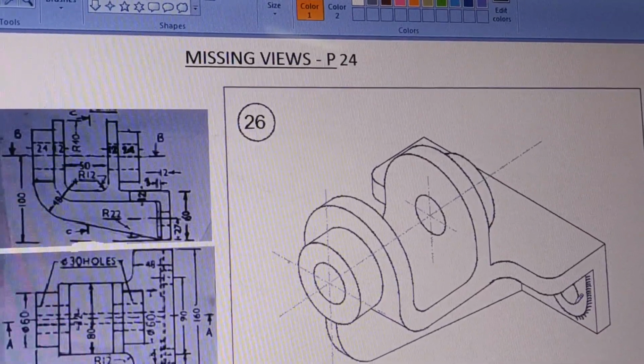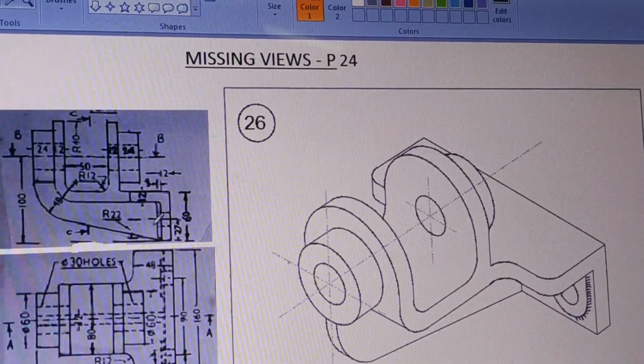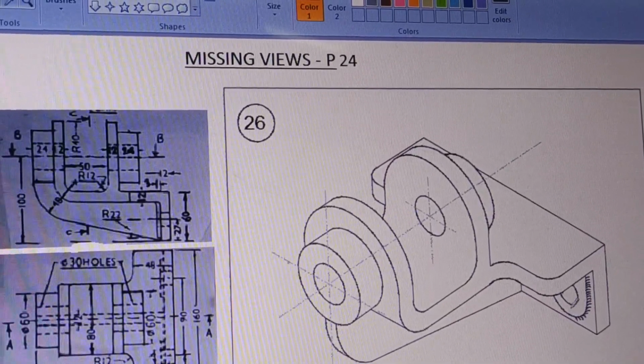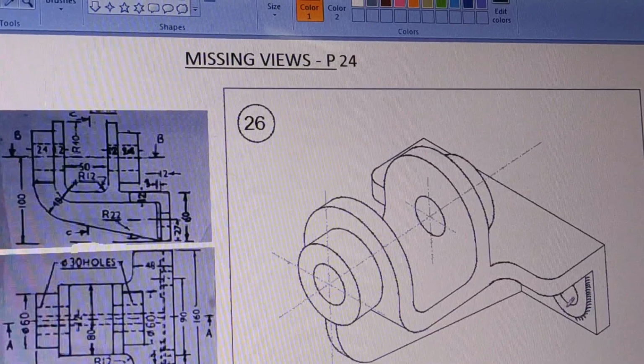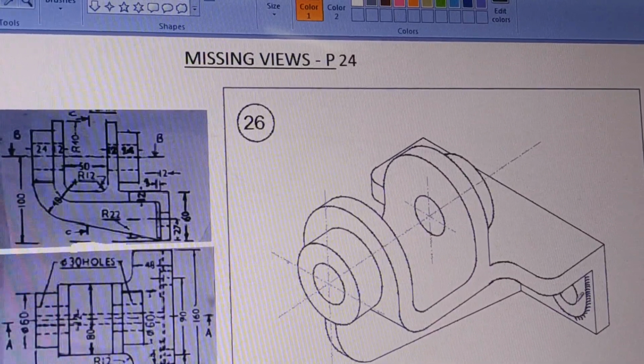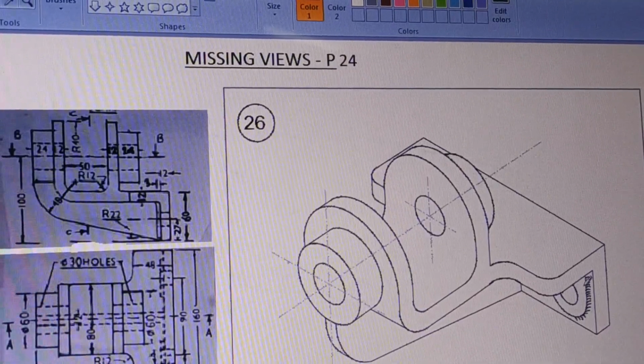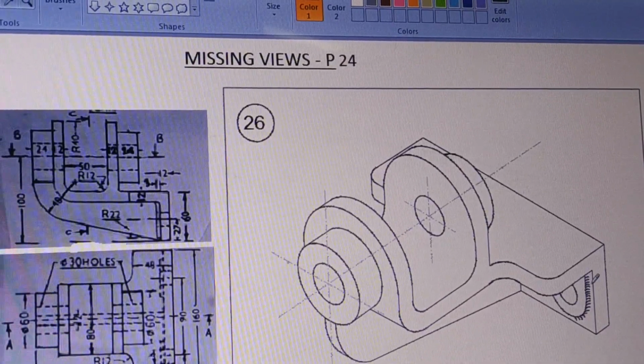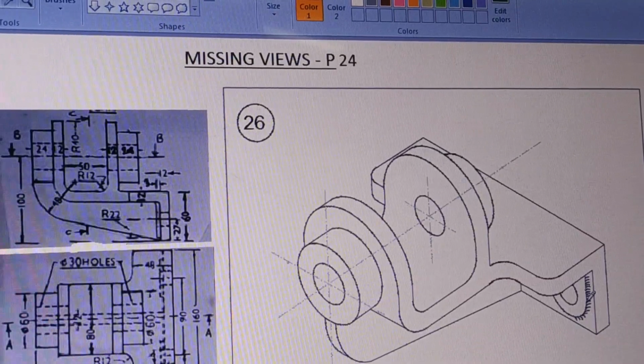Then there is a raised surface. This raised surface, what we were talking about, R22. Now you can see here, this part is semicircular and this part is straight. So this semicircular part is R22 with this center, and then this is a straight line. And this convention shows that this is a raised surface by about 3 mm.